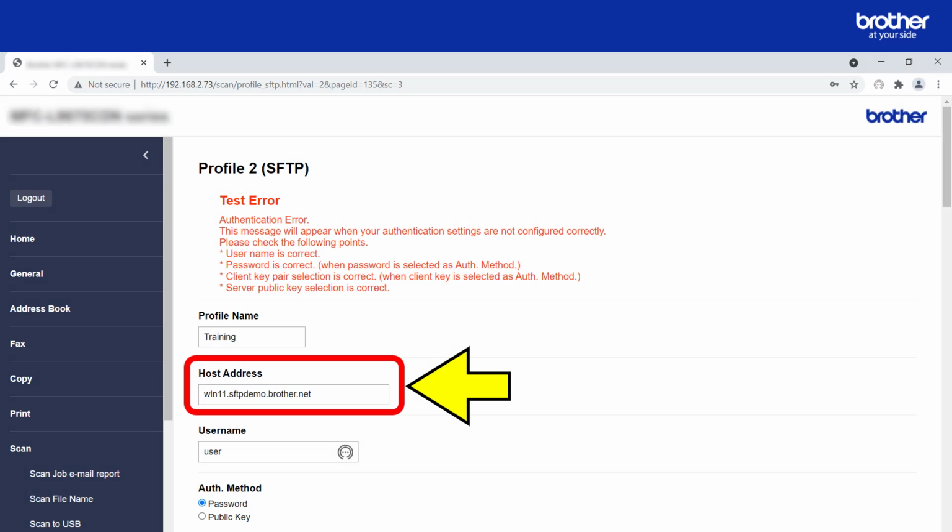In this example, instead of using the FQDN, fully qualified domain name of the SFTP server, I will use its IP address instead. This will solve any DNS related problems or help to eliminate them, because if you are still seeing an error message with an IP address, chances are the problem is not DNS related.